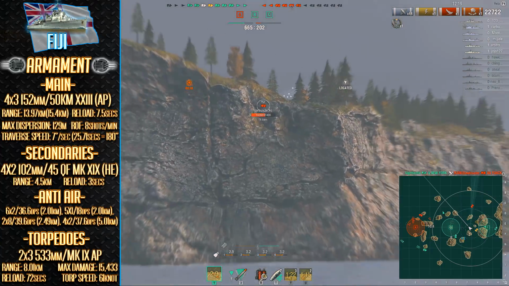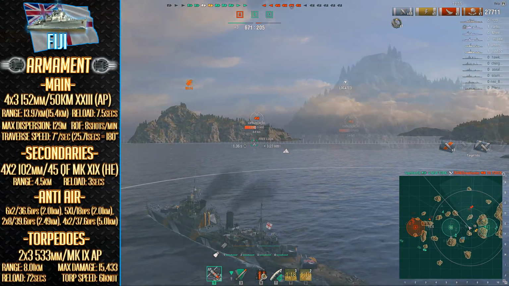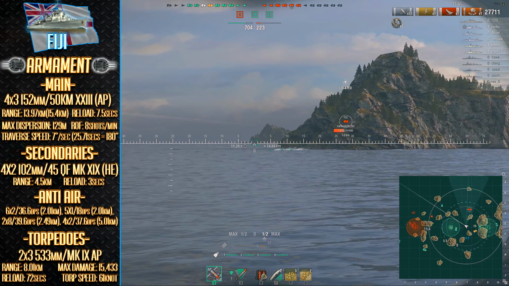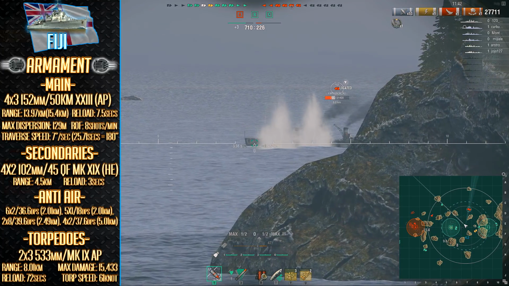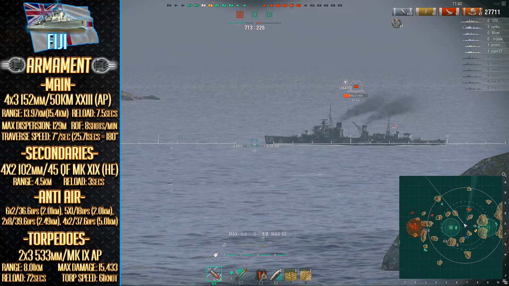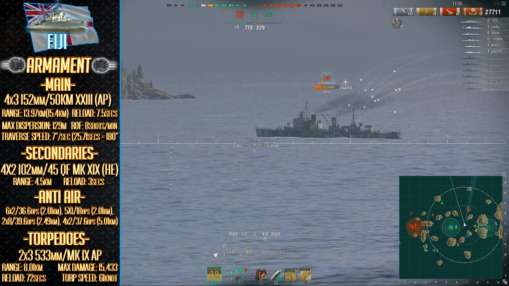Something that you will see at such ranges, however, is the shell velocity drop like no tomorrow, making long-range targets a total bitch to hit if they're moving fast. This encourages you to close the gap slightly, and we'll talk about how you can do that in this ship in just a second. And hey, just because the main armament of this ship wasn't enough, she also features a